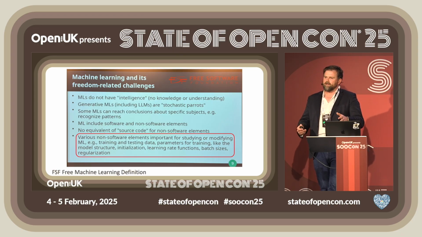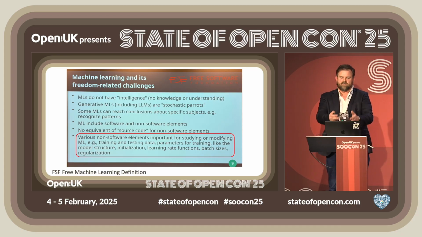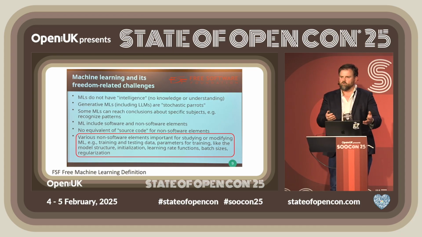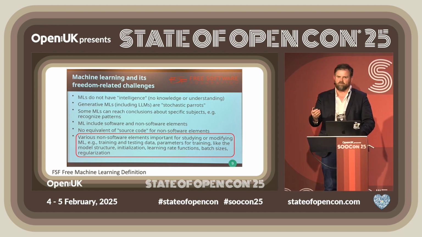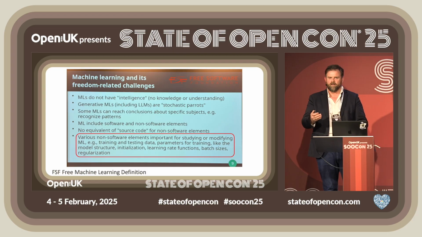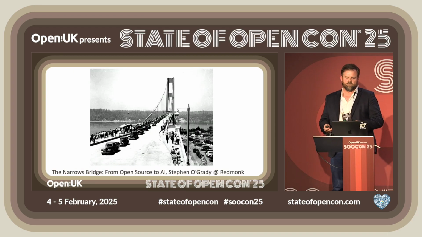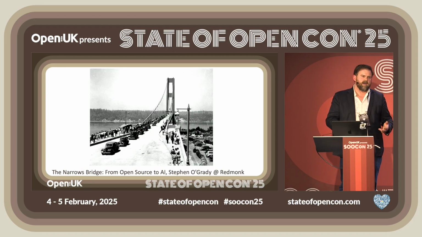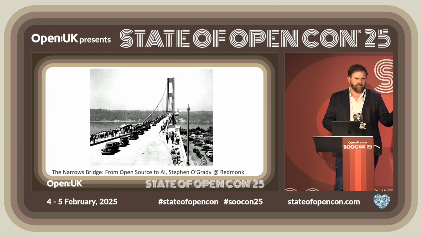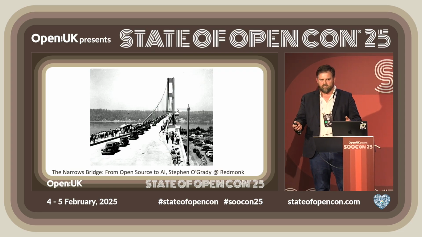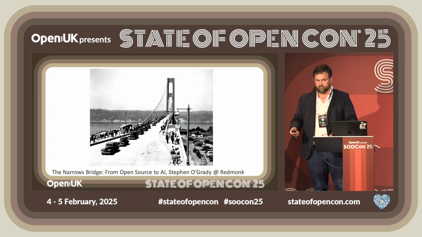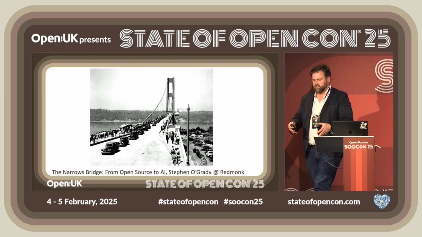And we talk about trying to say that a system is open source. I don't say this laptop is open source, right? It's running macOS, which is clearly not open source, but underneath that is some open source, and on top of that, I've got open source software like Homebrew. So you don't typically look at open source at a system level, and that's why our friends at RedMonk, Stephen O'Grady, came out and said, after saying there were some AI conundrums we had to solve, you know what, I've thought about it some more, and this can't be solved for machine learning. Right? So we talk about AI, but really it's specifically machine learning.